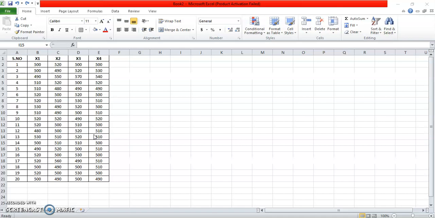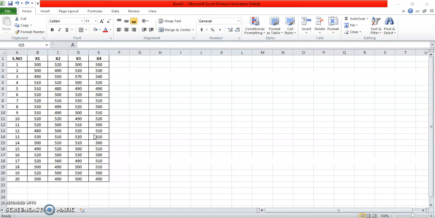Now the underlying logic and the basic form of R chart are quite similar to X bar chart. The primary difference between the two, the X bar chart and the R chart, is that instead of plotting the sample means and monitoring their variation, we are plotting here the sample range and monitoring the variation of the sample ranges. So in this session, we will explore how to construct an R chart in Excel spreadsheet.